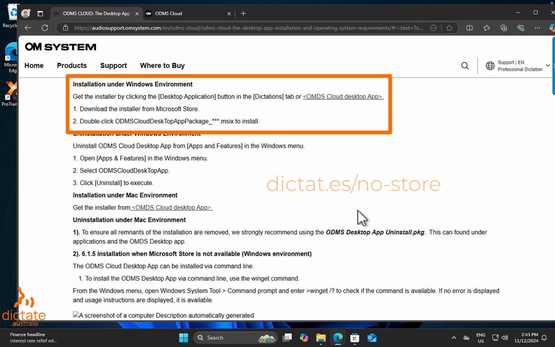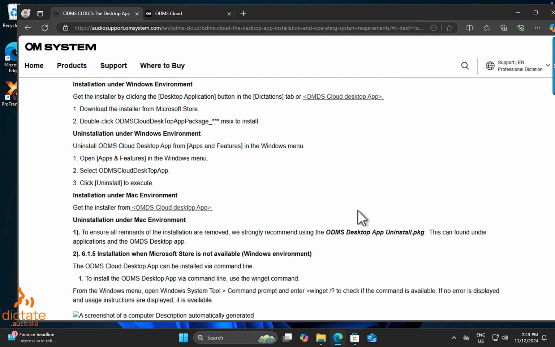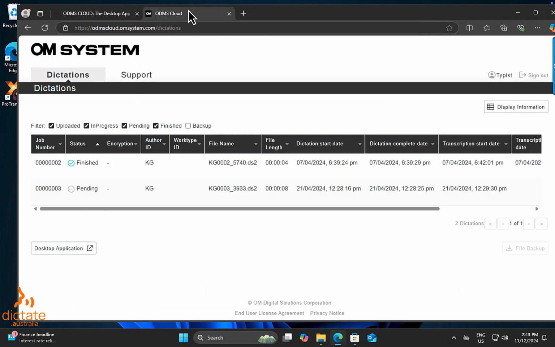The easiest way to get the installation package is to first log in to the ODMS Cloud portal. Any verified user can log into the portal to get the package: administrator, transcriptionist, or author. We recommend that your typist logs in on their Windows PC, as that is where you will be installing the